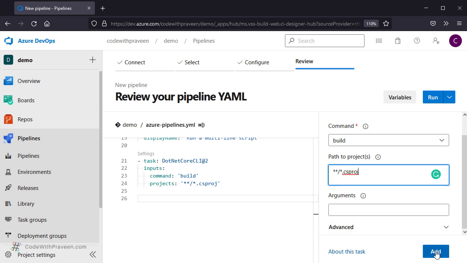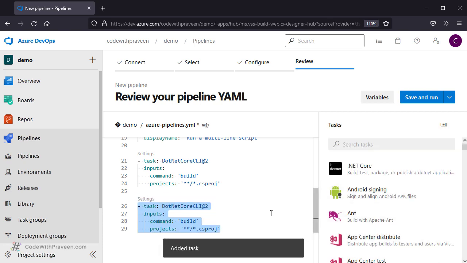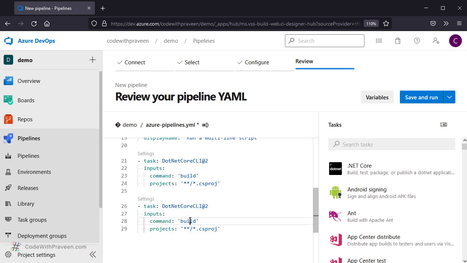Once you click on add, you can notice on the left side that it has generated YAML specific tags. It has added a new task called .NET Core CLI, the command being build, and the list of projects to be all the projects of type star.csproj.